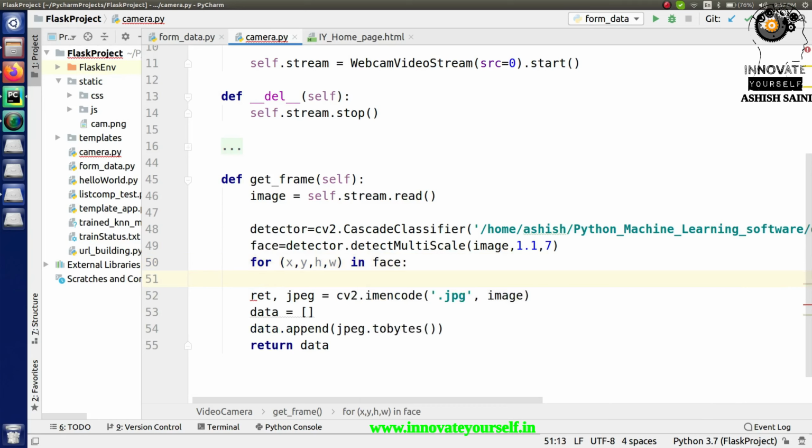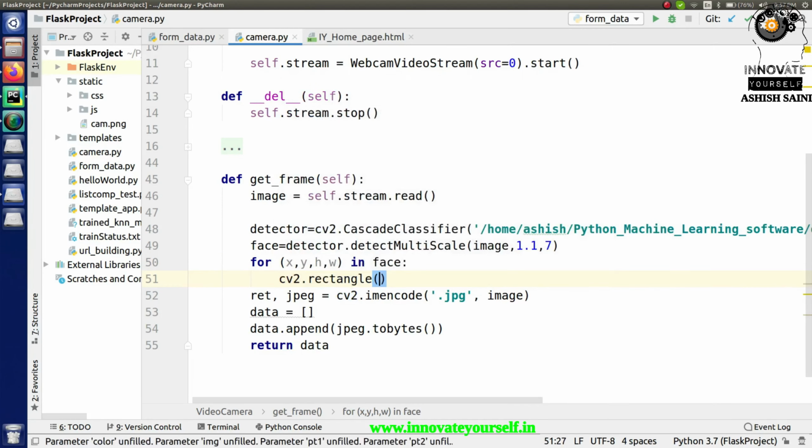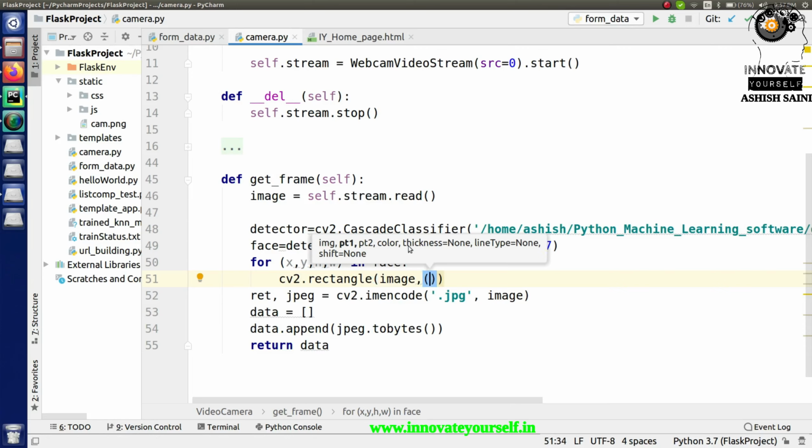And now it's time to apply the rectangle over here, right? So I'm going to put rectangle, and here where you want to put this rectangle, on the image, and that is image, comma, second thing is points. So what are the points for that? Why I'm putting points, because for a rectangle you're going to put the location of where your first point is, and you're putting 2 different points, and those are the 2 corners of your rectangle, on the basis of which it will automatically create a box. It can be a box, it can be a rectangle, right? So it totally depends on that.